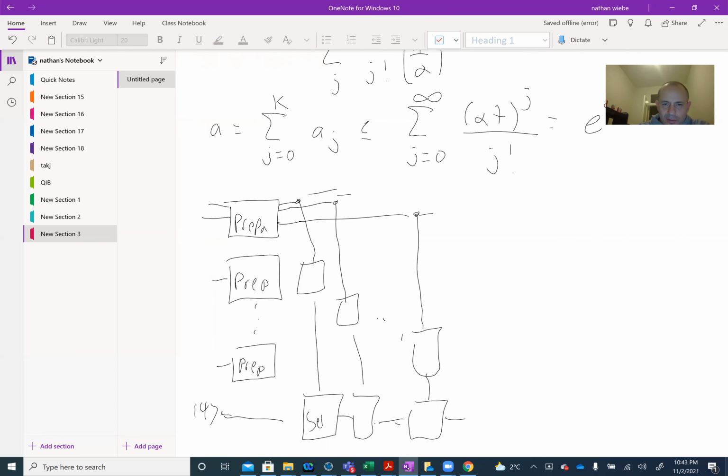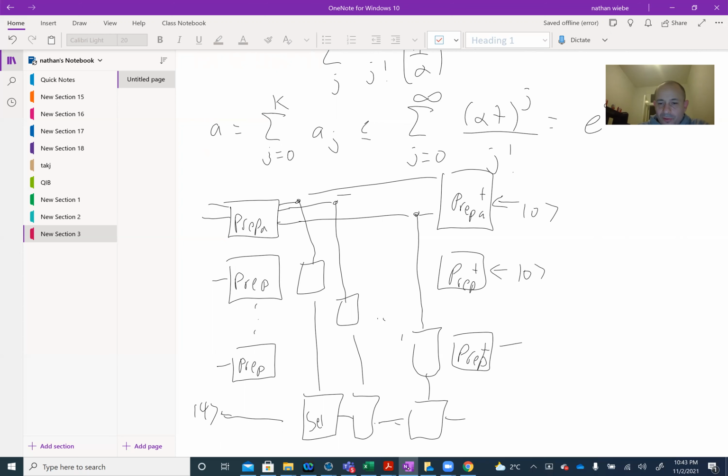And then their adjoints on this side. Now we define success to be the case where all of these registers are measured to be 0. And you might, again, as always, suspect that the probability of success for that is poor. And in general, you'll be right. But we're going to want to try to improve that in order to make the probability of success actually extremely